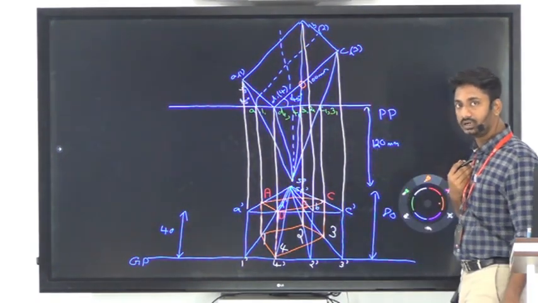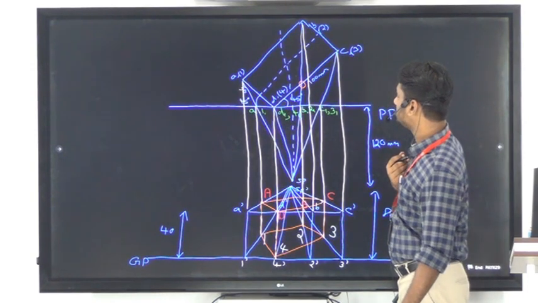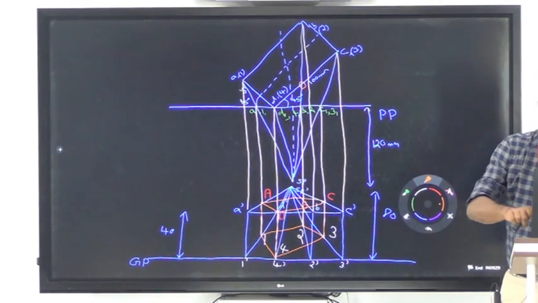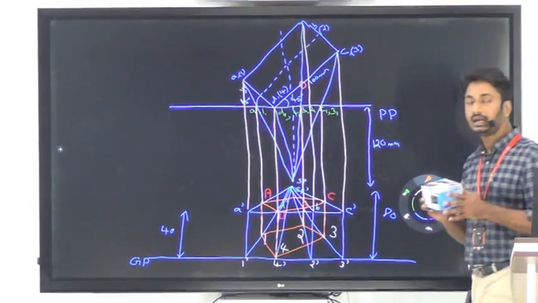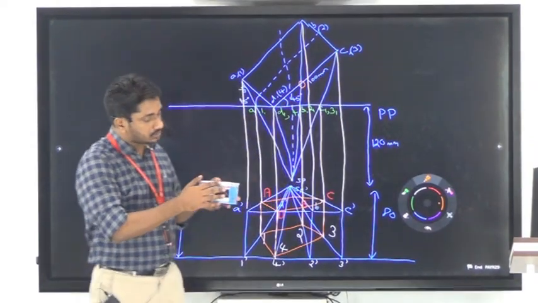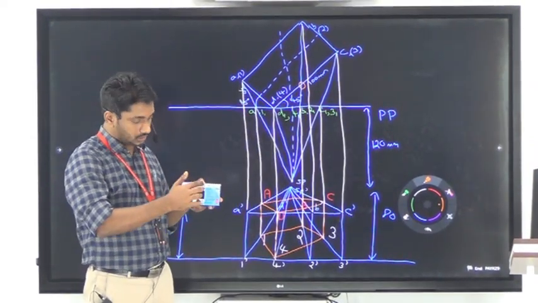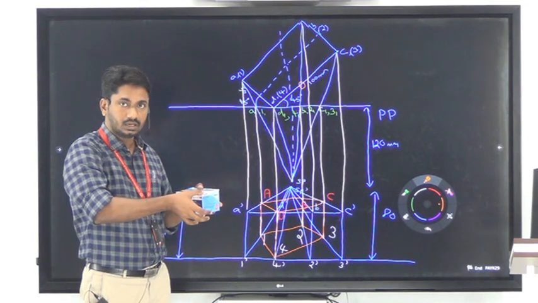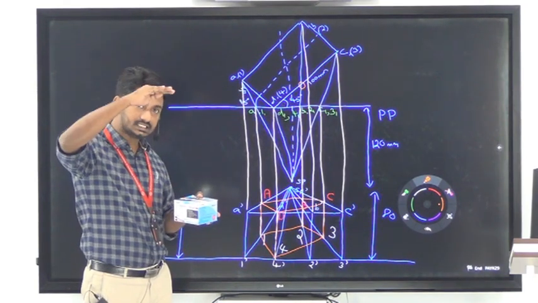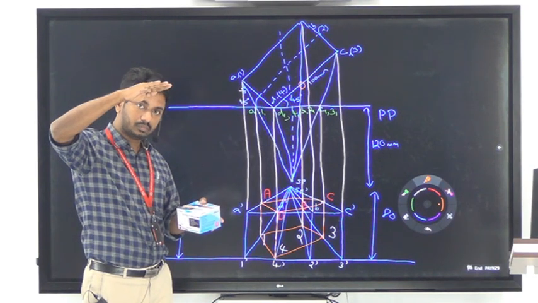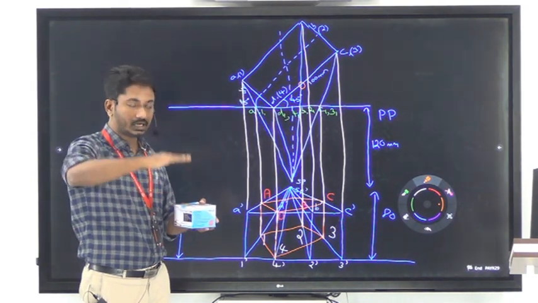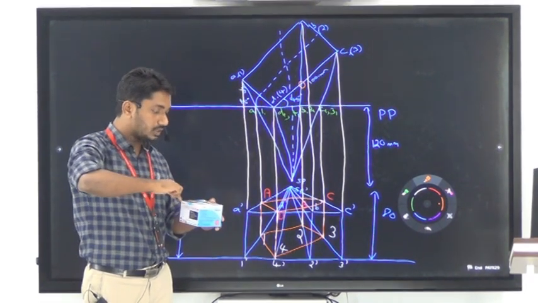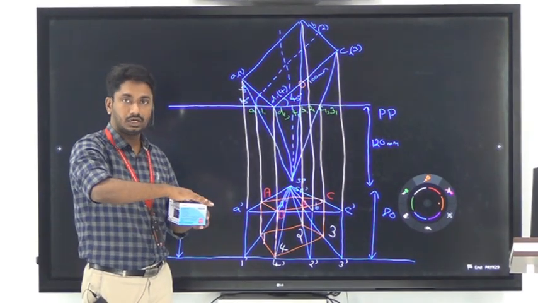Now to find whether these 2 points are visible or invisible, you have to check the position of the station point also. Here it is given that the station point is 80 mm above the ground plane and the size of the object is 100 into 50 into 40, meaning the height of the object is 40 mm and the station point or the observer sits at a distance of 80 mm from the ground plane. So you are looking at the object from a top position. Okay, so naturally all the points or all the corners on the top side will be visible to you.